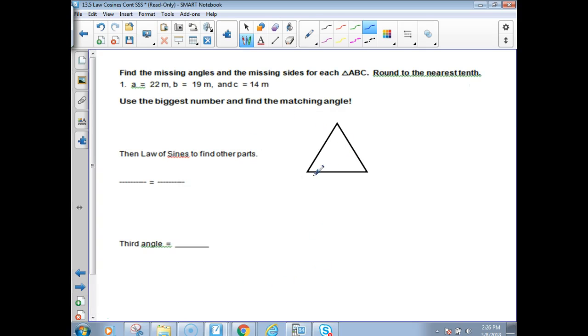Let's label some triangle. I know you guys have to draw one quick. Triangle ABC with side little a across from big A, 22, b is 19, and c is 14. Now, it says use the biggest number and find the matching angle. So we want to look at the biggest side length, and that would be to find angle A. So we're going to do cosine A,